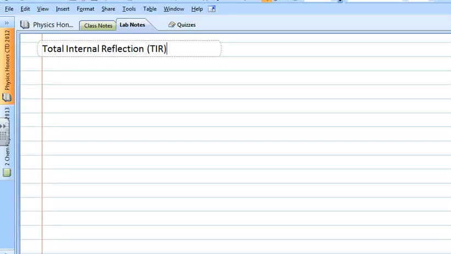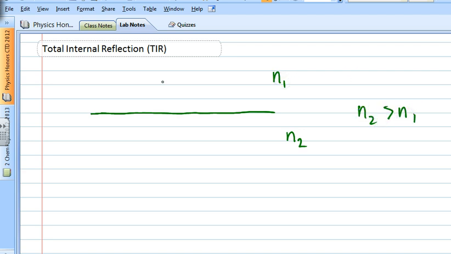Okay, welcome back everyone. In this video we're going to talk about total internal reflection. So we've been talking about Snell's law and refraction, and it turns out that there's times that it doesn't work so well. So usually what happens is if we have a dense medium like water or glass, we'll call that N2, and a less dense medium, so that N2 is greater than N1,